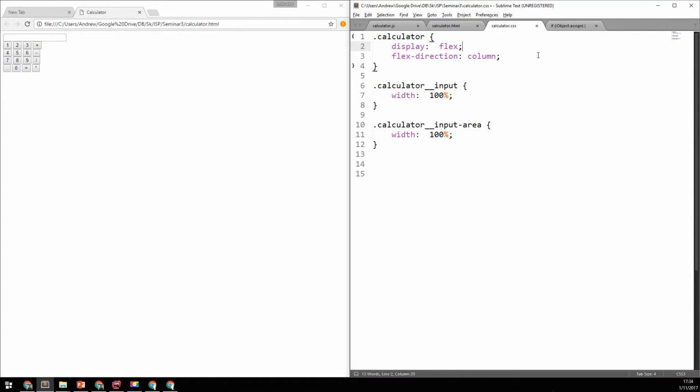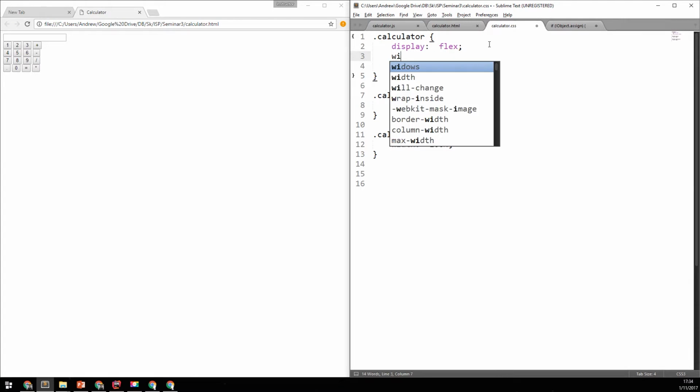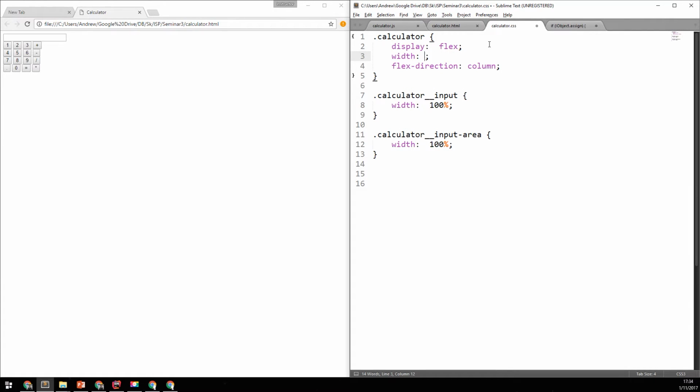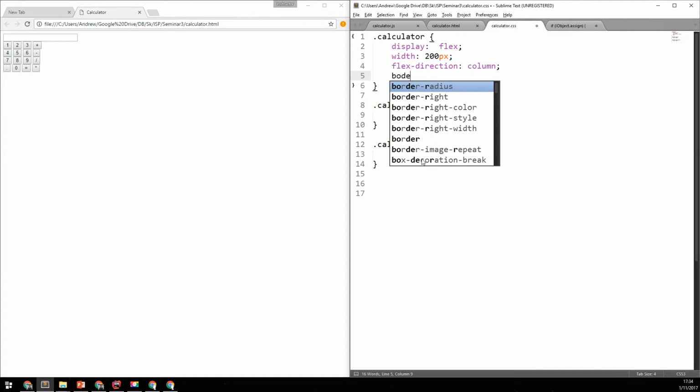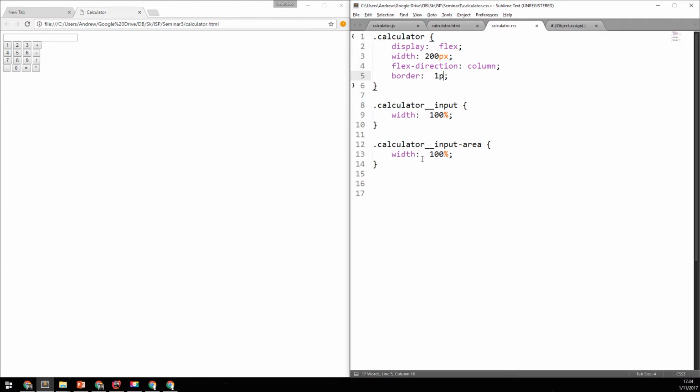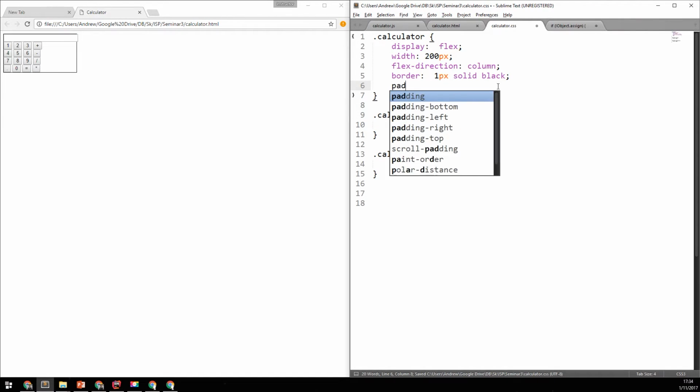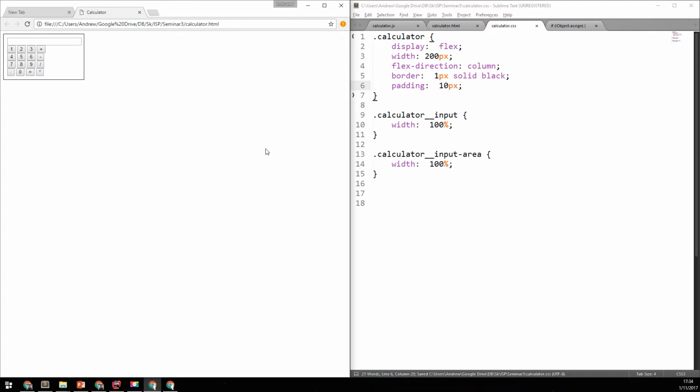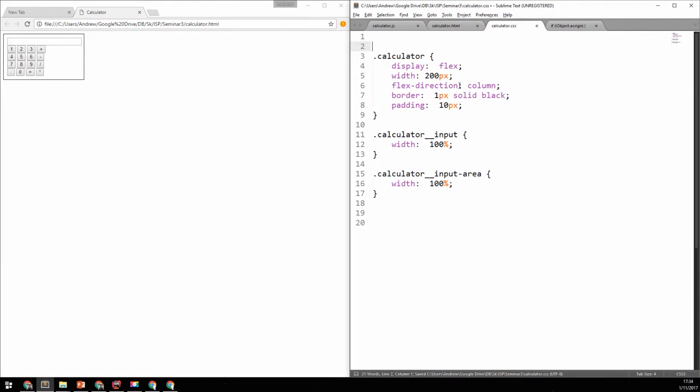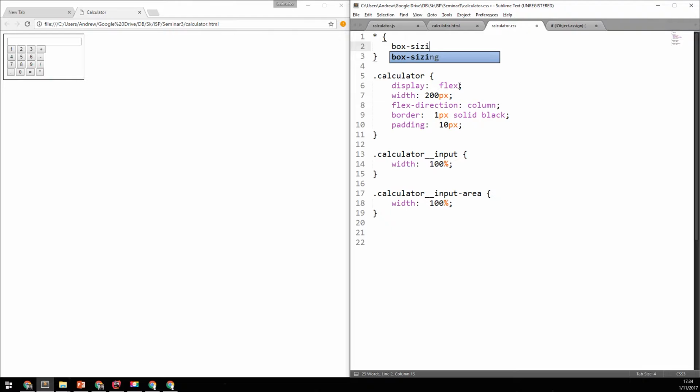Let's just see how it goes. I will probably want to say that the width of the calculator will be something like 200 pixels. Yeah, as we can see, the input extended to the 200 pixels. We may also add a little border here, and a little padding here. And as I said before, it's wise to use box-sizing border-box